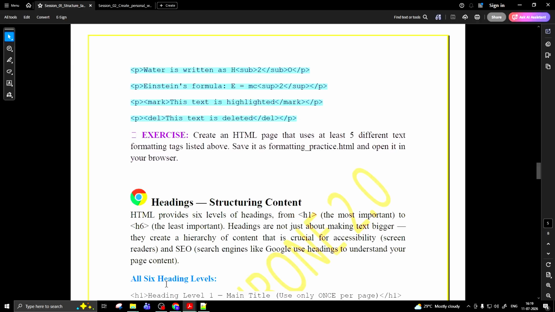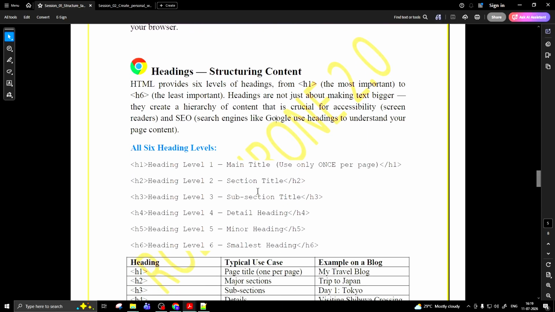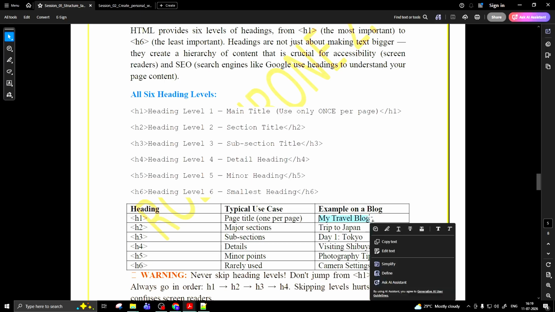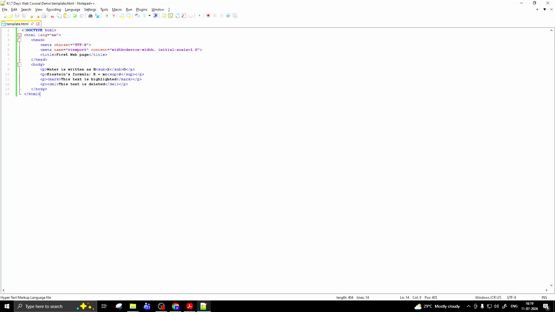Okay. Then next move on to the heading part. As I have already told, there are 6 heading tags inside an HTML5 document. So just take an example, my travel blog. Copy it, then simply delete all the files, then paste it. I have to create the heading, so I can simply first write the h1 tag, then close the h1 tag,